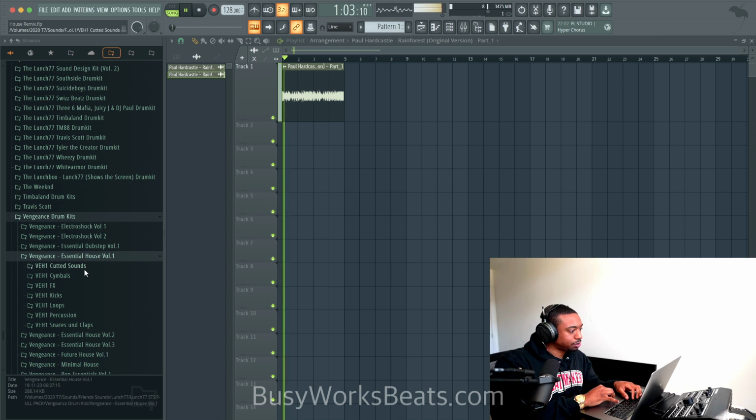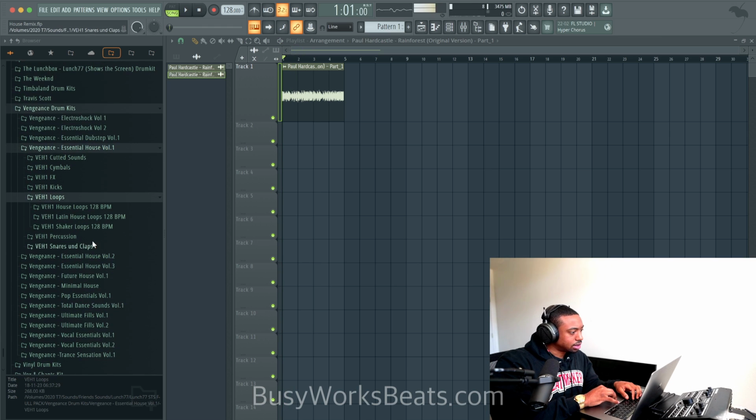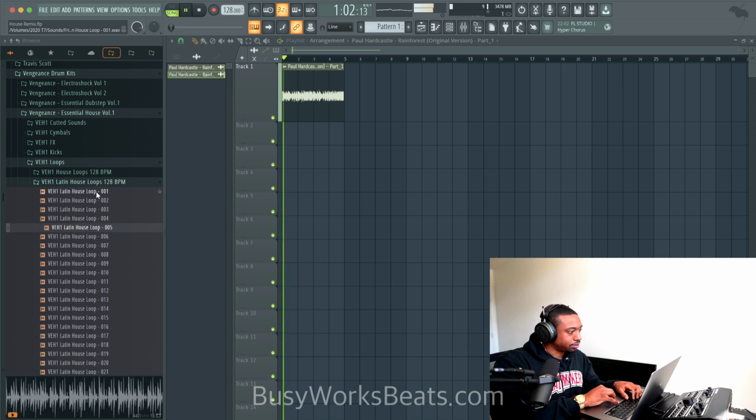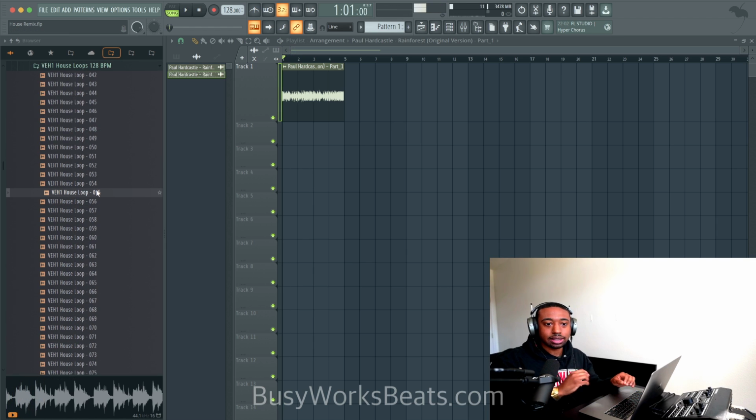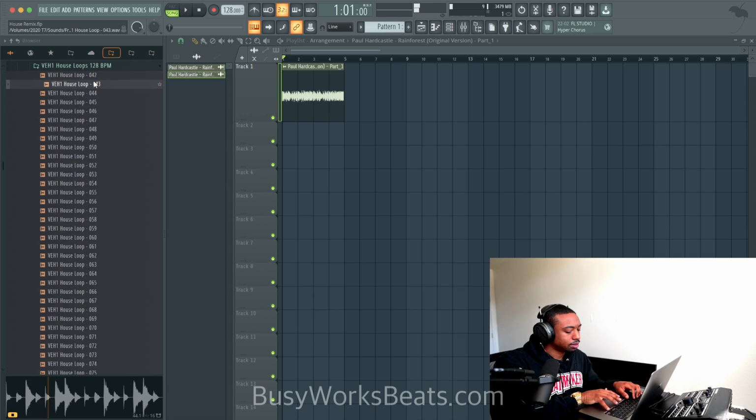Let's go to the house pack. Let's look for loops. Let's go to, now this is not a Latin house, so let's see what this sounds like. No, we're not doing Latin house. Let's just do regular house loop. Really all we need is, but I just don't feel like programming that. So in this case, this is where I would use the loops. This is all I need. That's it. A lot of these other bongos and stuff, it's cool, but